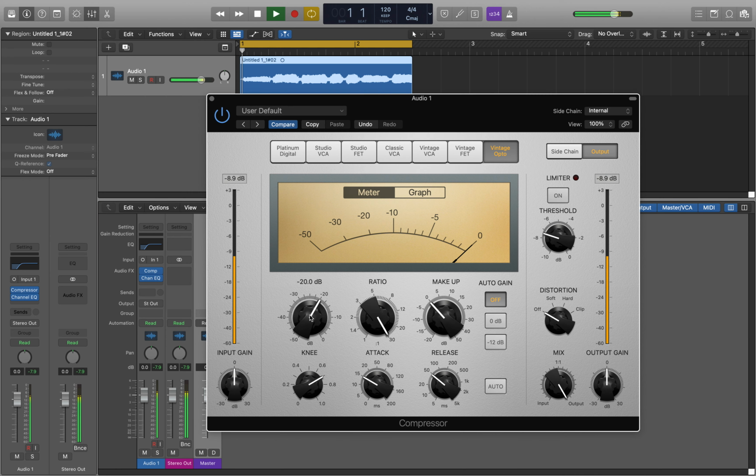When we bring the threshold down to a level where the compressor will act, it gets really jumpy. You can see this visually. It's like, whoa, whoa, whoa. And you keep doing it, it's like, holy crap, the thing is going nuts. That's largely due to this ratio, which is set at 30:1, which means for every